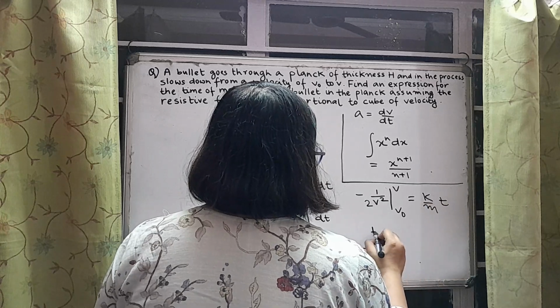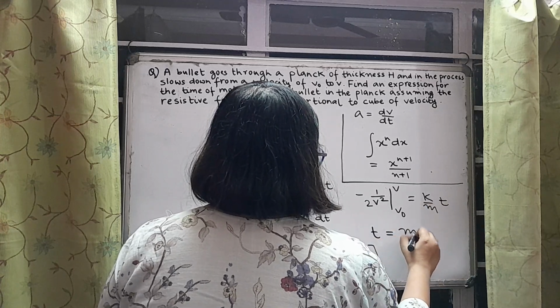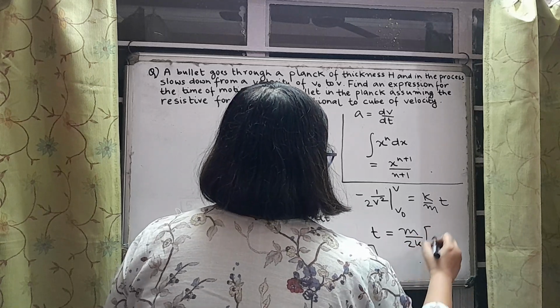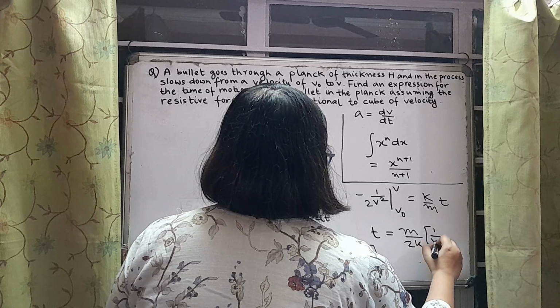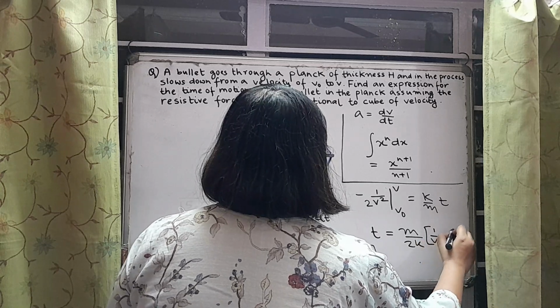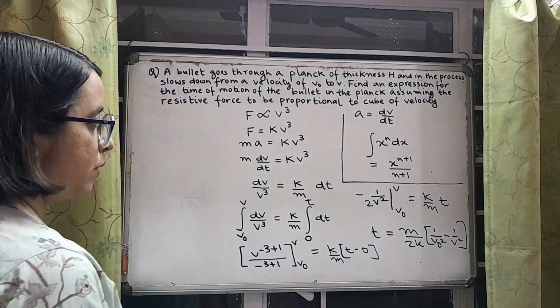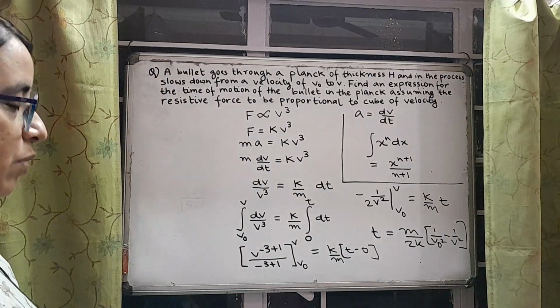So if I solve for t, I should get m by 2k, here 1 by v0 squared minus 1 by v squared. So this is my expression for